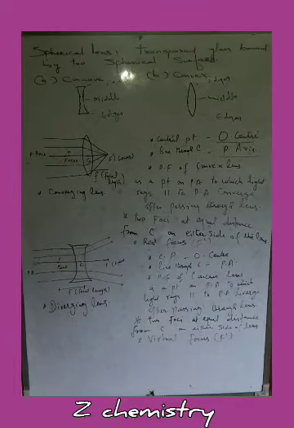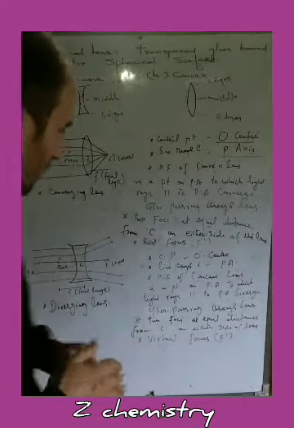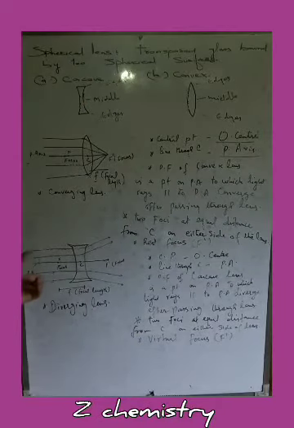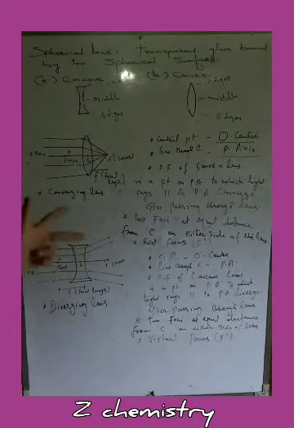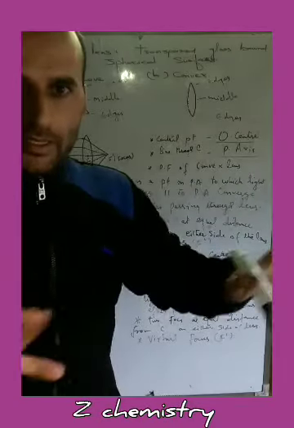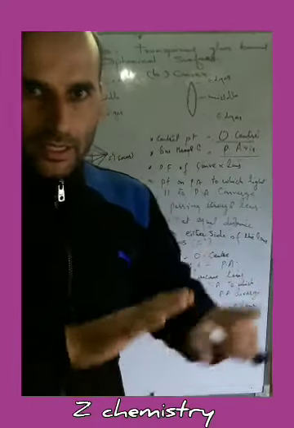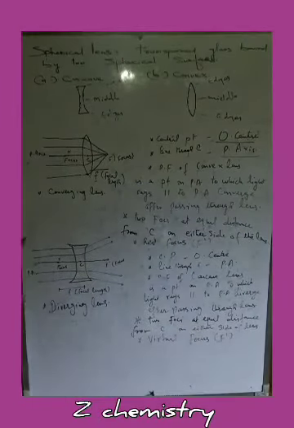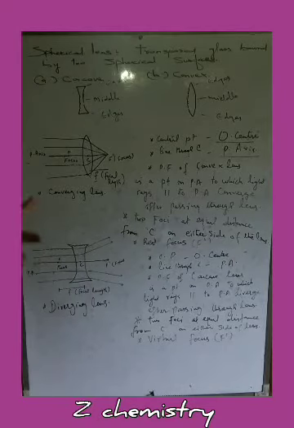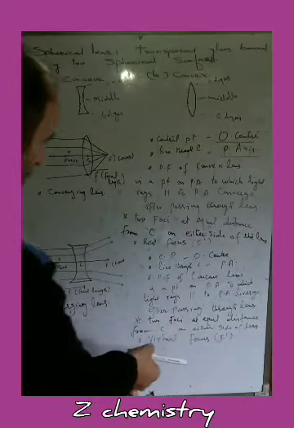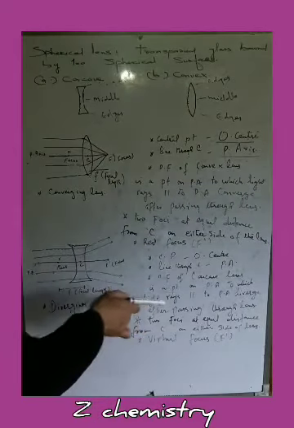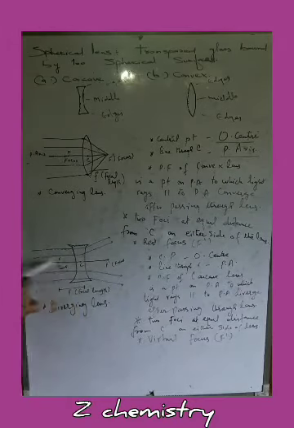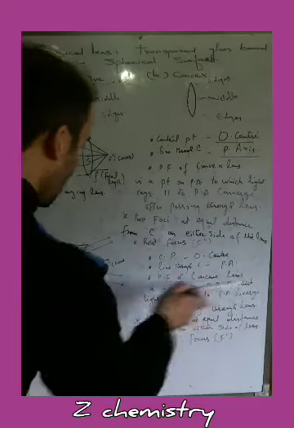There is a point that is called the principal focus, and this principal focus is basically a point from which divergence of the beam of light occurs when that beam of light goes parallel to the principal axis. Or we can state that the principal focus of a concave lens is a point on the principal axis from which light rays parallel to the principal axis diverge after passing through the lens.